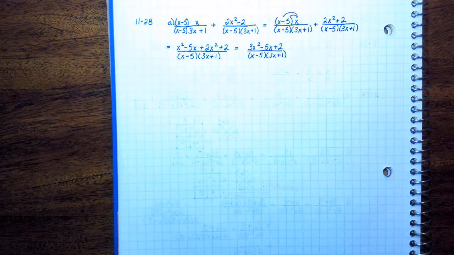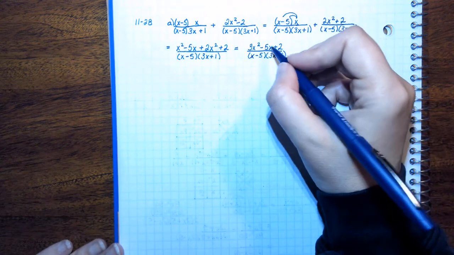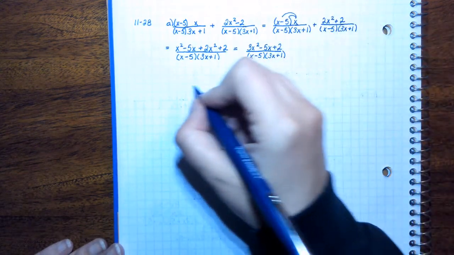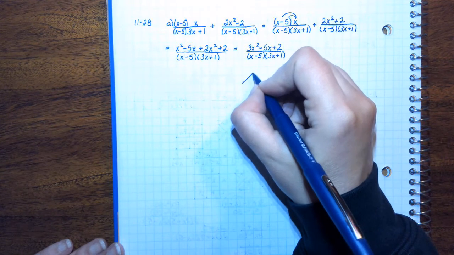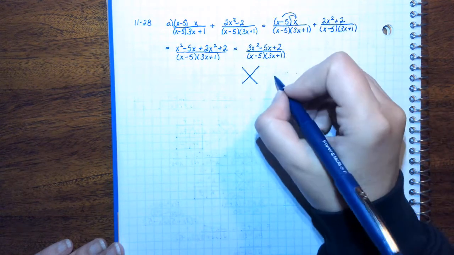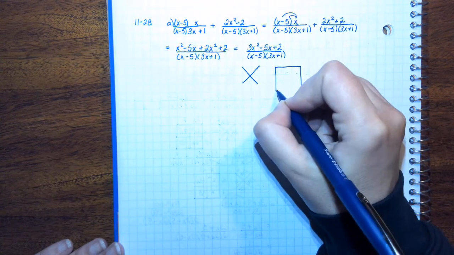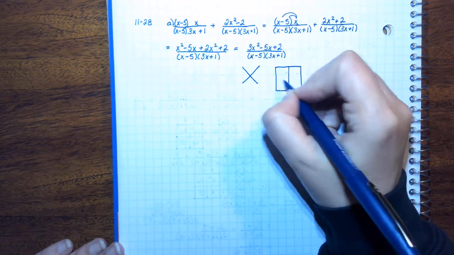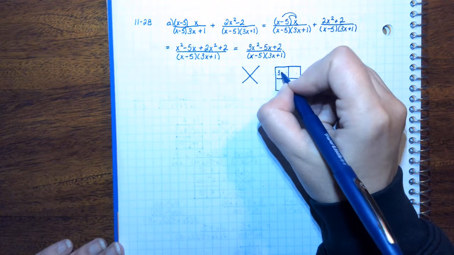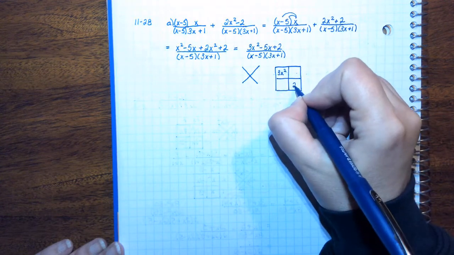Yes, absolutely, it looks like that to me. So I need to do diamond and box for the numerator to factor it and see if I can cancel anything out. 3x squared 2